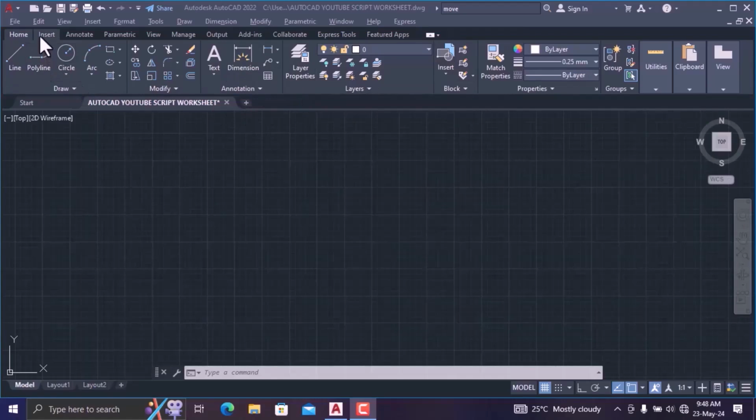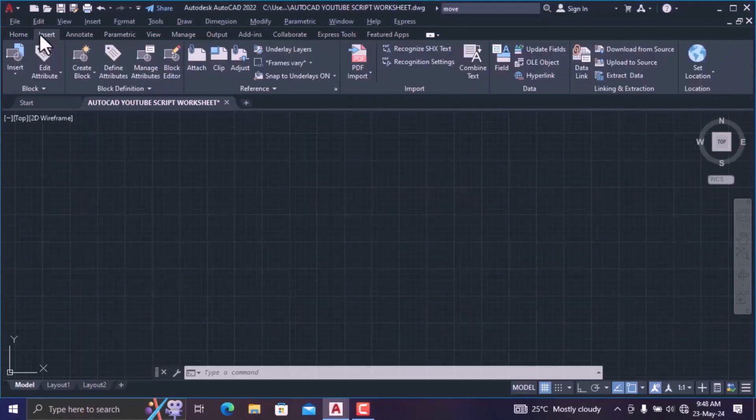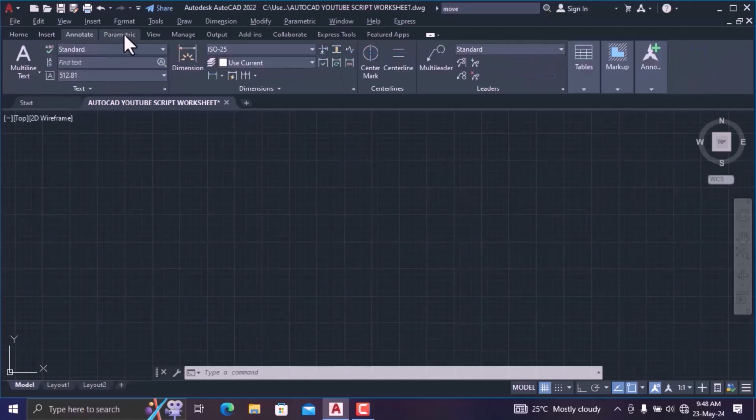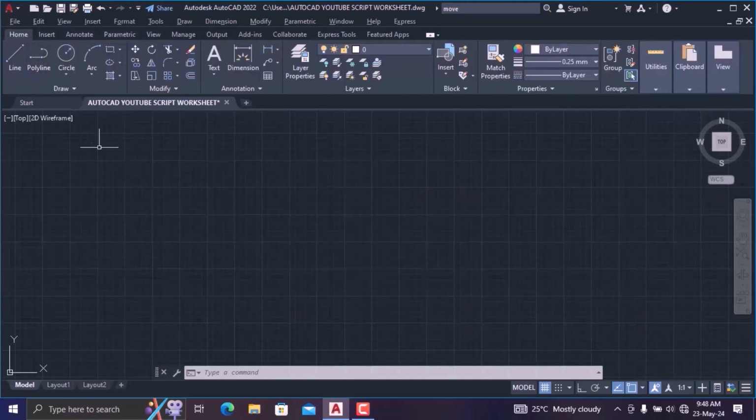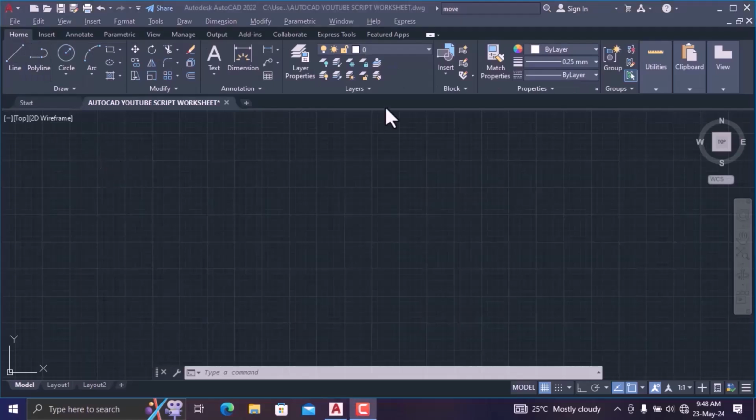Now when I click on each of the tabs, it contains their various command groups. As you can see, once I click, it changes, and so on. So going back to the home tab,